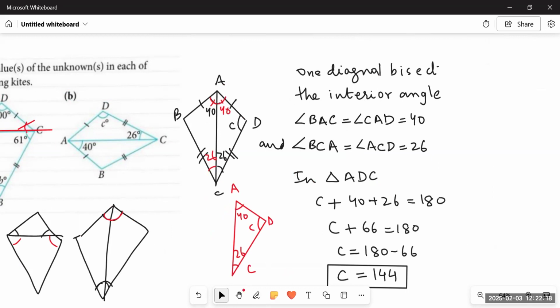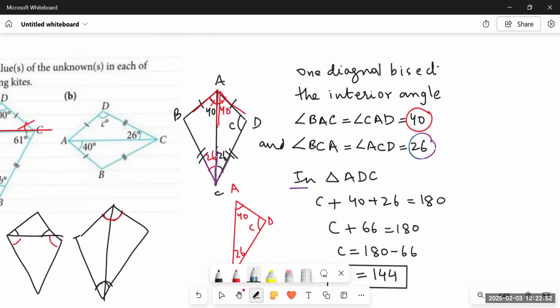So we can say that angle BAC, coming from over here, this angle is equal to ACD. So both would be 40 degrees each. And similarly, the two angles at the bottom, BCA and ACD, would also be equal to each other. If one of the angles is given as 26 degrees, the other angle would also be 26 degrees. So from here, we have found the four angles: two were given and we have found the other two adjacent to the given angles. And now we have to find out angle C, which is part of a triangle ACD.